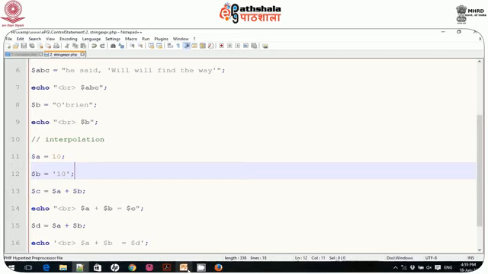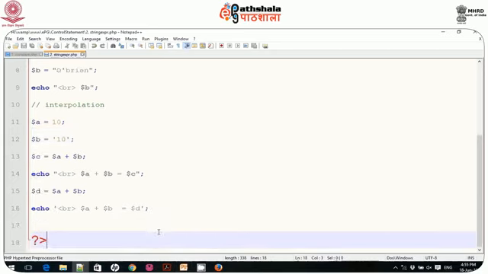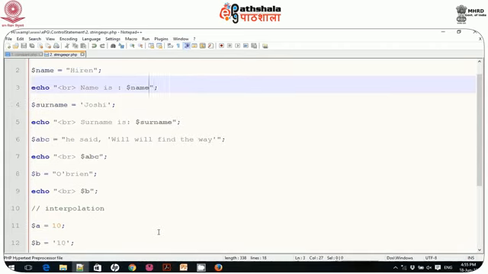Then we can concatenate two strings as well. Say for example, you can concat your full name.